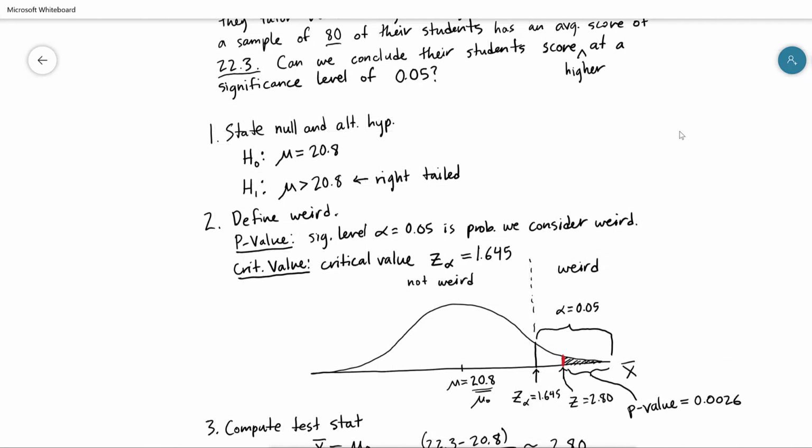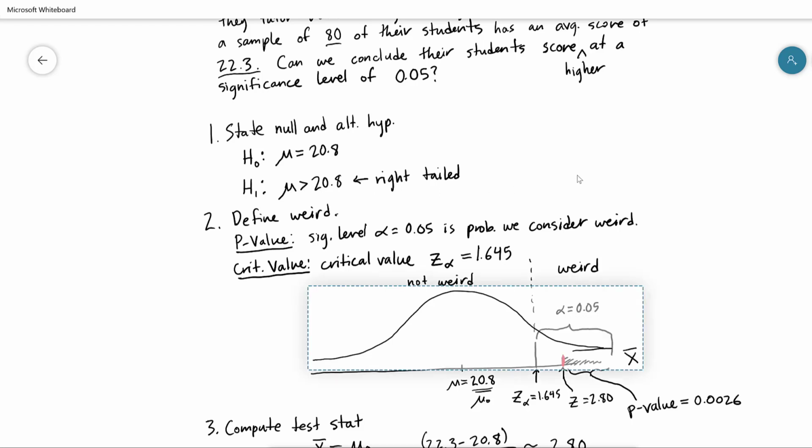Going back up to the null hypothesis, the null hypothesis stated that we think that the average score of these students that take this test prep class is really the same as everybody else. We just rejected that idea. We rejected the idea that the average score of these test prep students is also 20.8. If we rejected this, what we're going to do instead is accept the alternate hypothesis that their scores really are actually higher, that we think mu is greater than 20.8. And so,